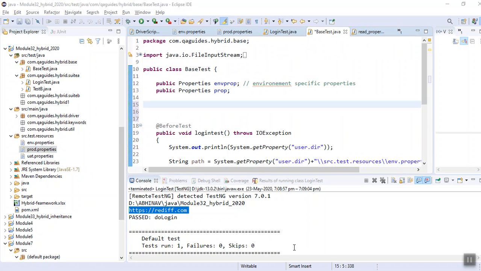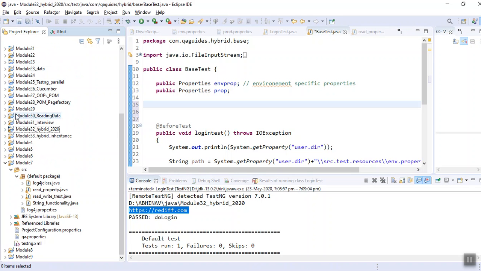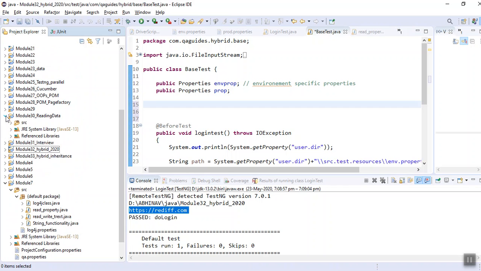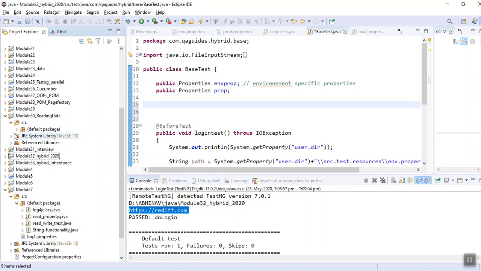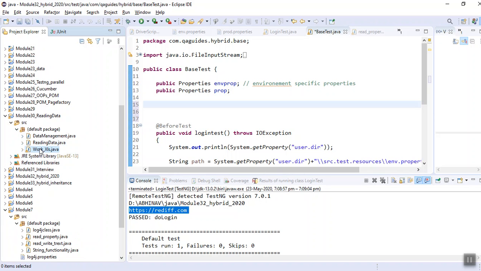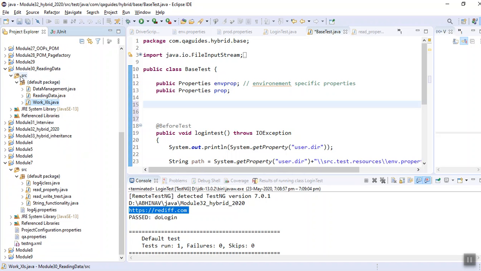If you remember, I have already taught you about excel files, in reading data. Here, if you see, I have Xls_Reader. There is a separate class file which is used in reading and writing. I have created that. I am copying this Xls_Reader, and what I am doing is